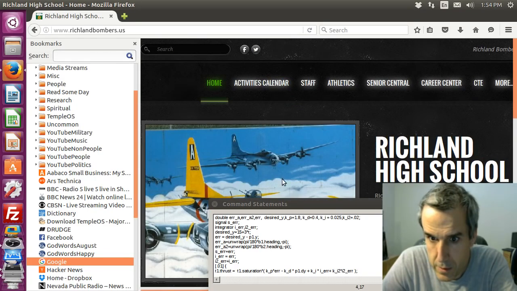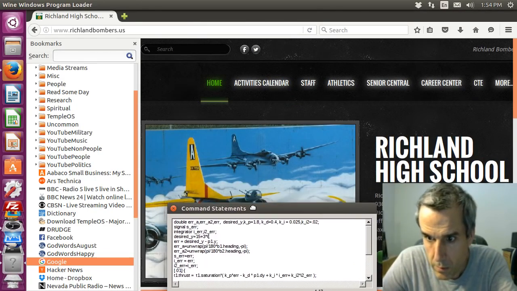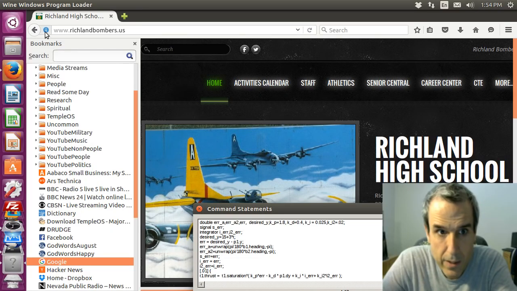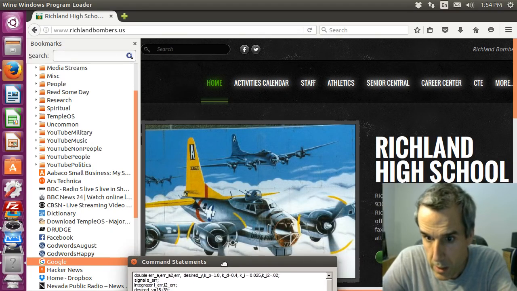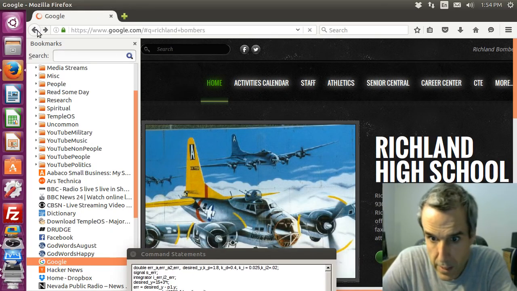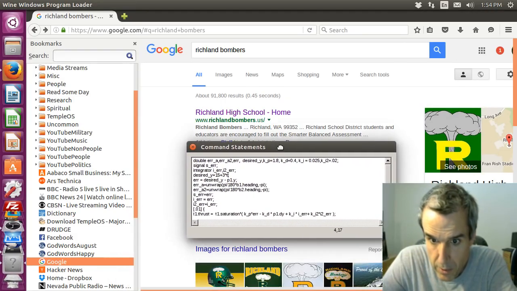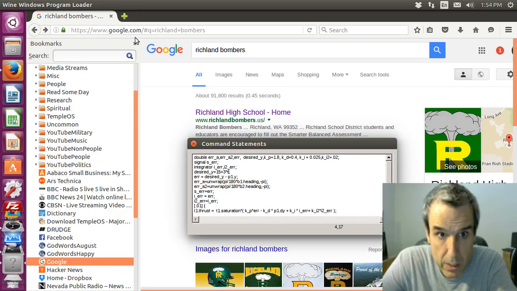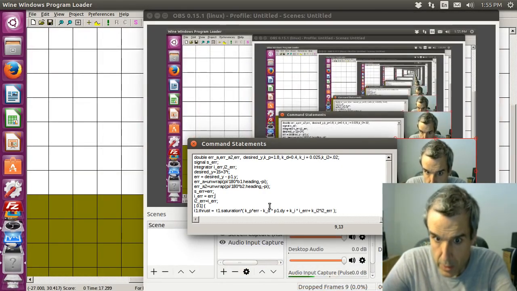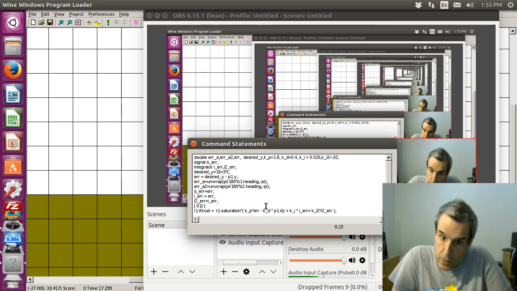This is the Richland bombers. They have a nuclear cloud as their emblem. They made the plutonium for the second bomb, Nagasaki. And in school, I was in the gifted program, and one of the things we talked about was